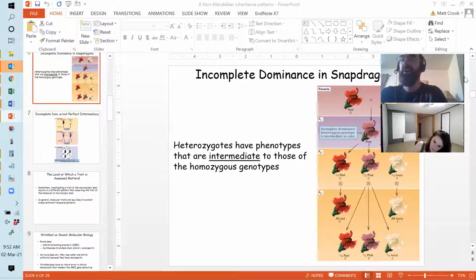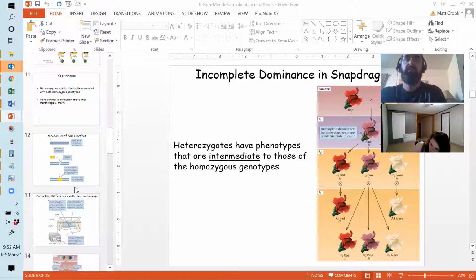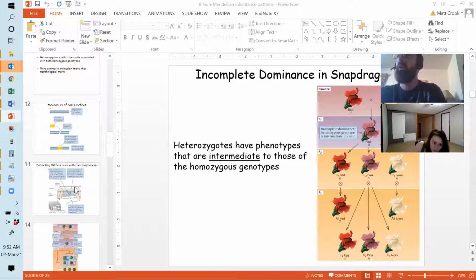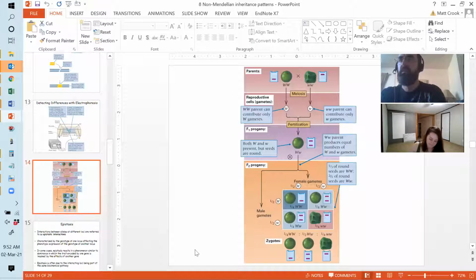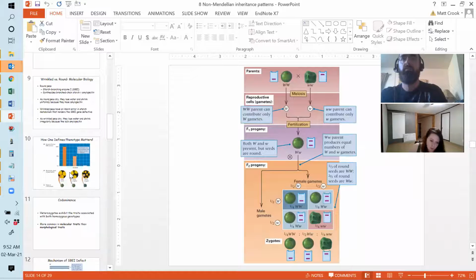Now, this is an even harder one to find examples of. So the example in the PowerPoint is about the molecular biology, essentially, of wrinkled versus round peas, which is a good one, right? So now you're looking at the phenotype in terms of its gel electrophoresis pattern, right? But I think a better example